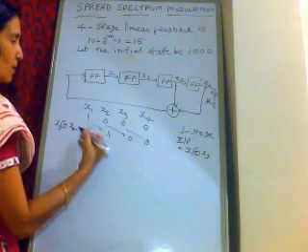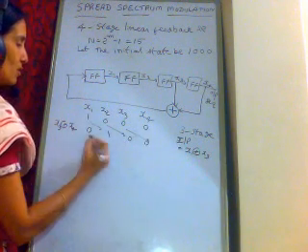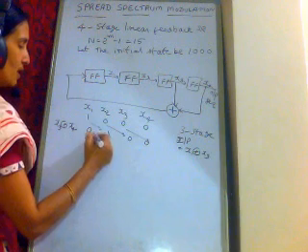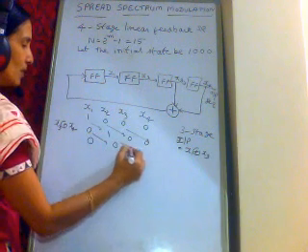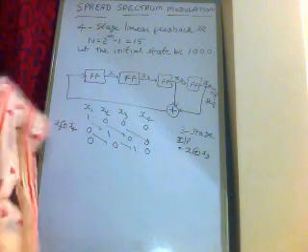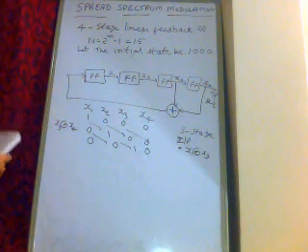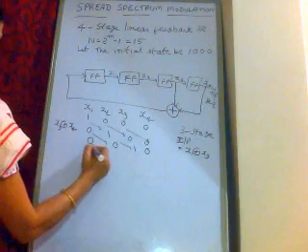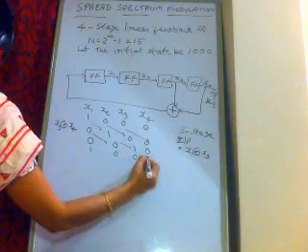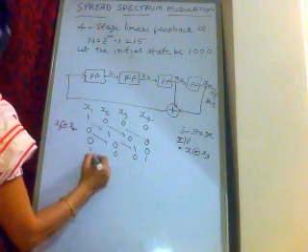Next, similarly 0 XOR 0 will be 0, and this 0 goes here, this 1 goes here, and this is 0. Correct? So similarly, if I continue, the remaining states will be 1 0 0 1,